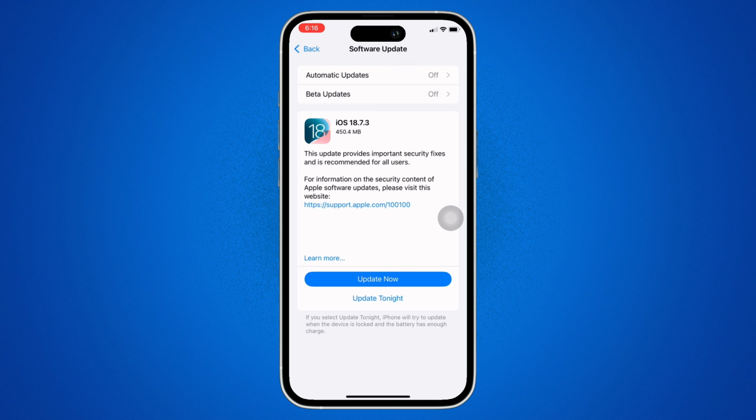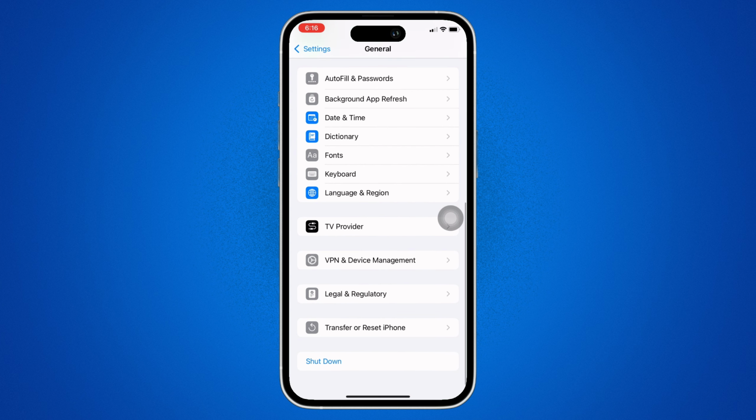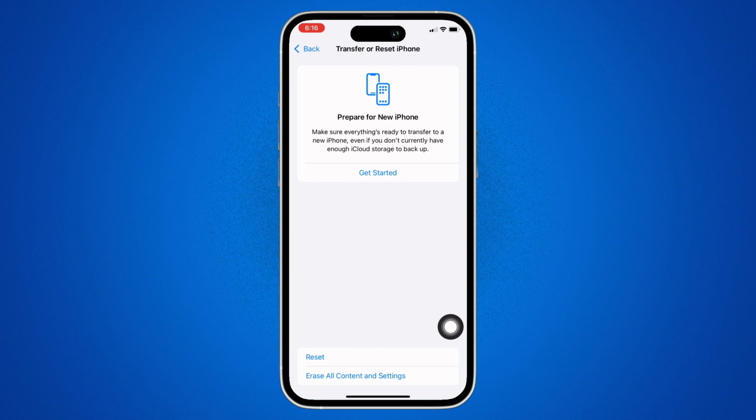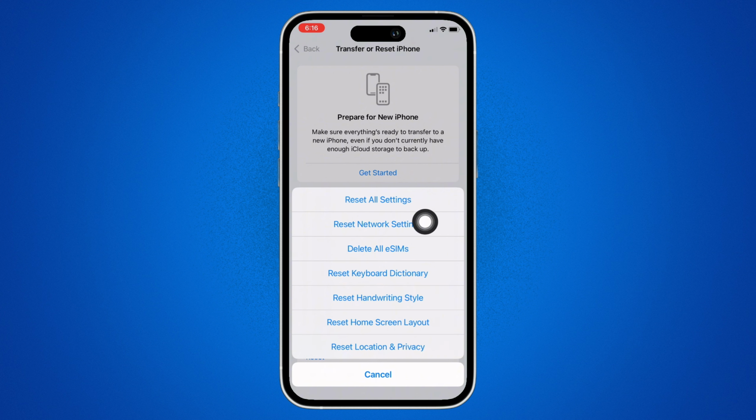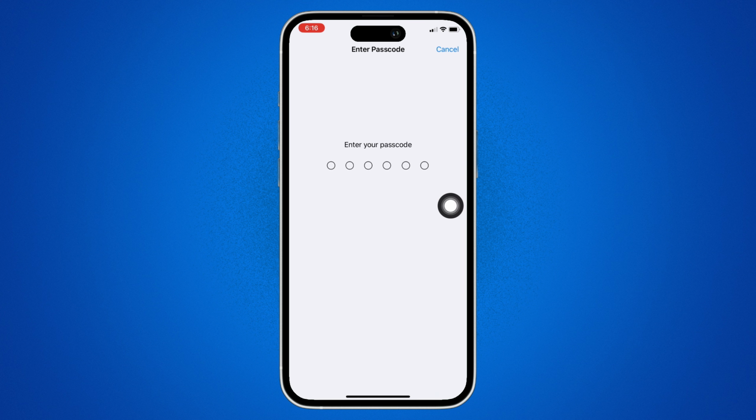See if that helps in fixing your issue, and if not, then in general again, tap on transfer or reset iPhone and then on reset, and then on reset network settings. Reset your network settings and see if your issue is fixed or not, and if not, then the last fix for this issue is